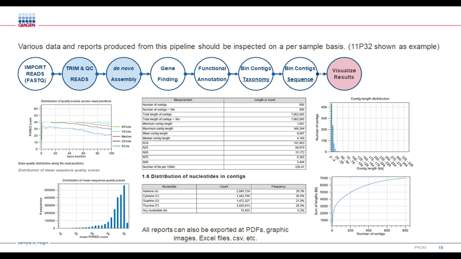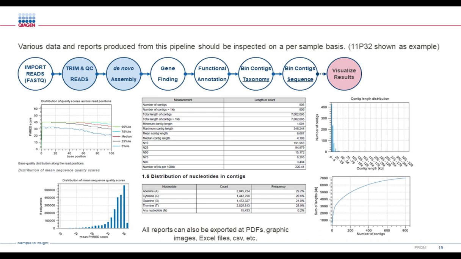So just a quick visualization on the QC and trimming reports that you might see, and also perhaps some of the reports you might see from our de novo assembler tool. As I've mentioned several times now, it's always important to make sure that you trim and QC your reads, and CLC includes all the typical reports that you might expect to see, including quality metrics of all of your reads across your whole data set,